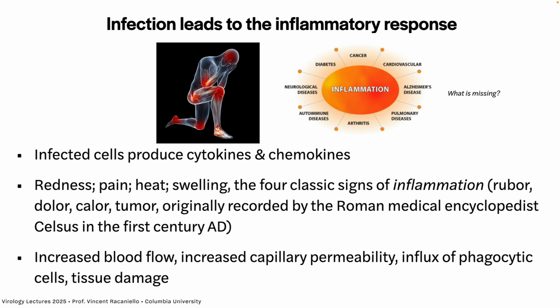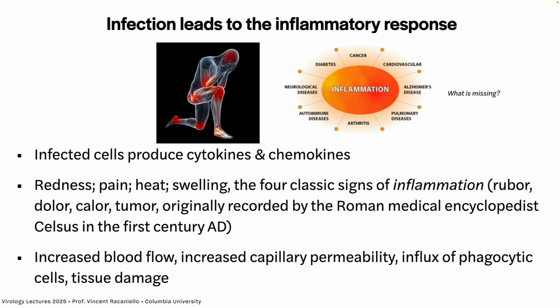Viruses and bacteria cause inflammation too. So what is this redness, pain, heat, and swelling? Again, these are caused by the cytokines and chemokines induced by the innate immune system. They represent increased blood flow and increased capillary permeability. The capillaries become permeable so that the immune cells can get out of them into surrounding tissues and work